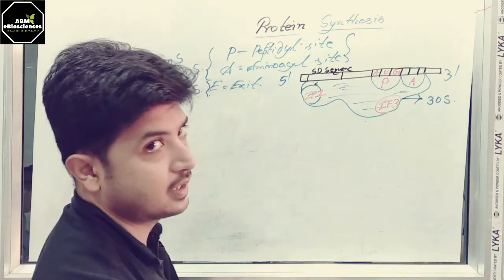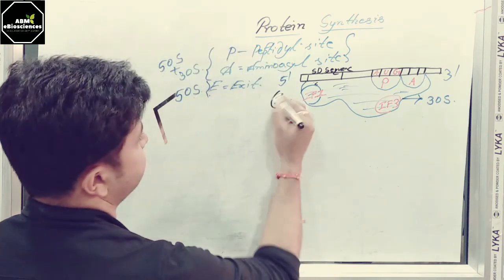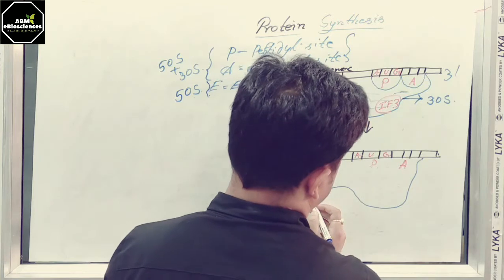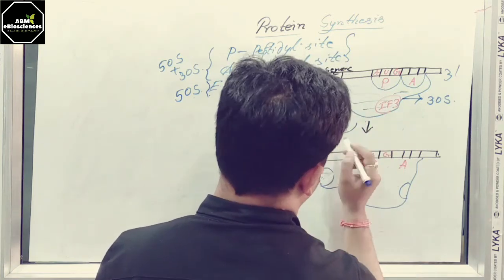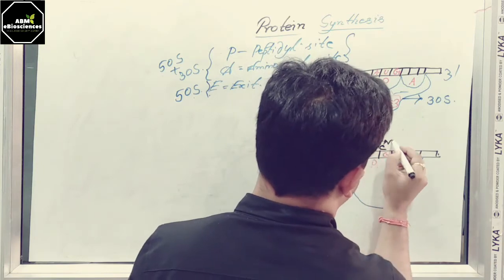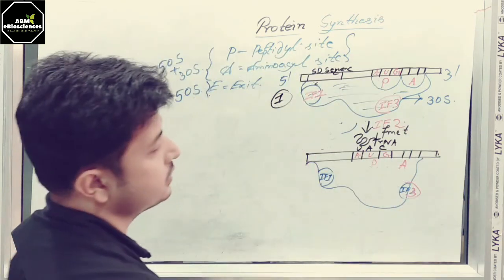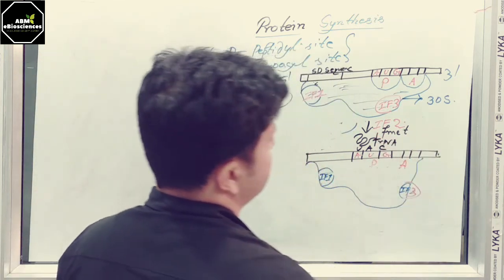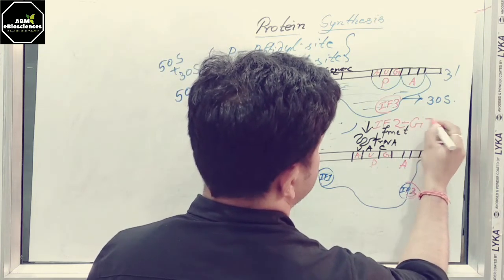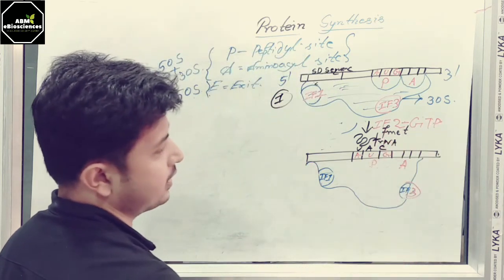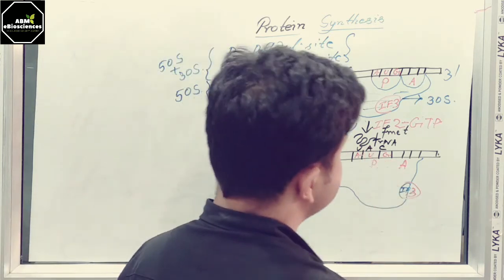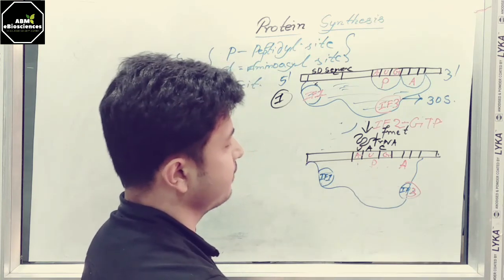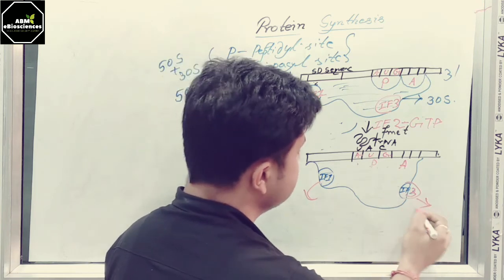Now I am drawing the second step which is going to take place. This is the second step of the initiation process, where you can see the new member, that is IF2, with the help of GTP bound with a F-met tRNA. F-met containing the anticodon UAC now binds with the P site. And in this step, IF1 and IF3 will be released,